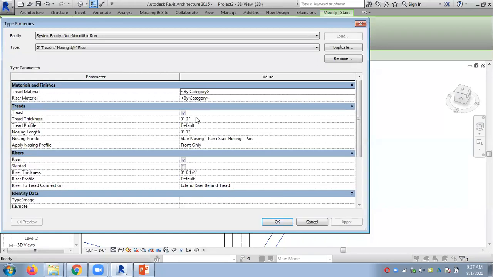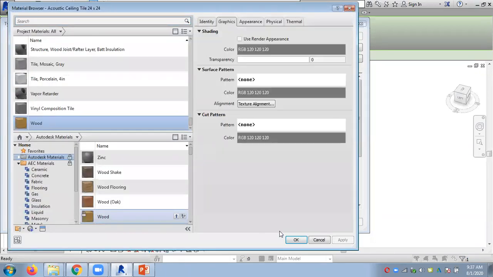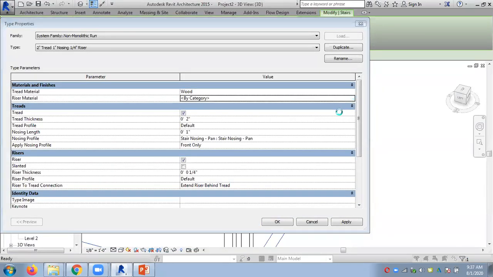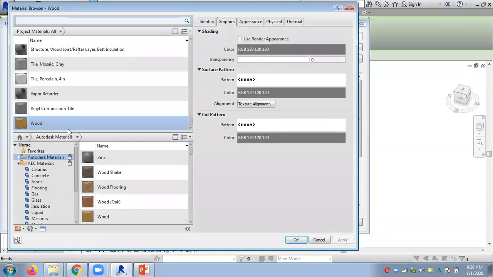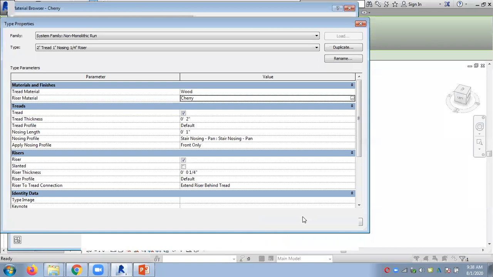So I can come here and change the tread material. The tread material is now default. I will change this to, say, wood, and the riser material to cherry.